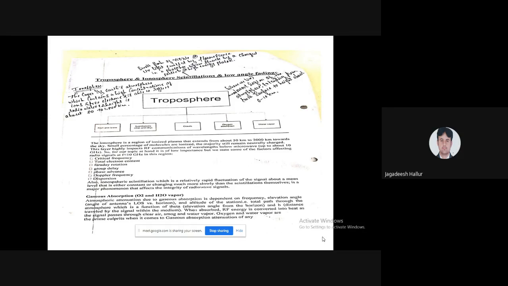These are called gaseous absorption. Similarly, as mentioned here, the different types of gaseous absorption are ozone, O2, and H2O, that is water vapor. This atmospheric attenuation due to gaseous absorption is dependent on frequency, elevation angle, the angle of antenna LOS versus horizon, and the altitude of the station,